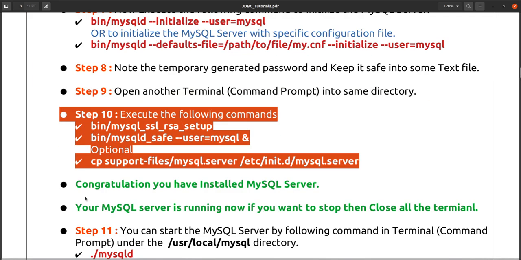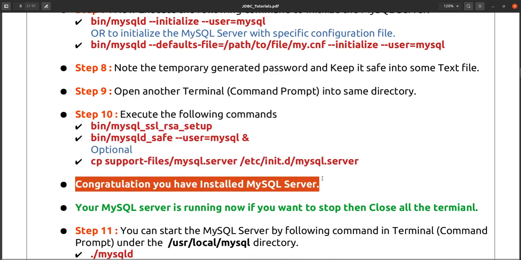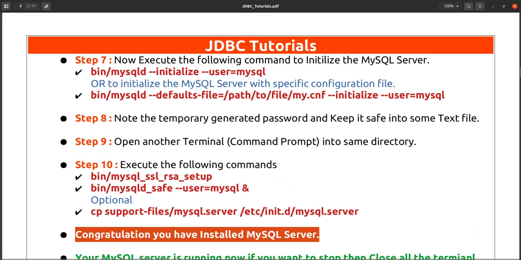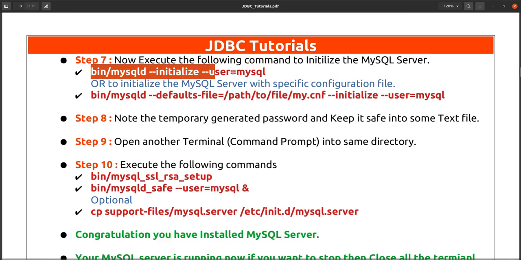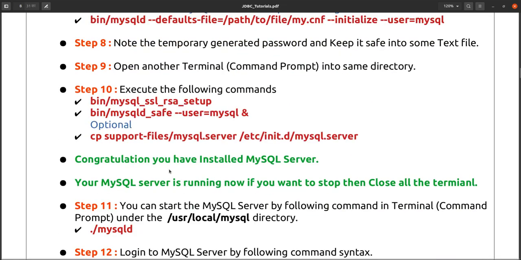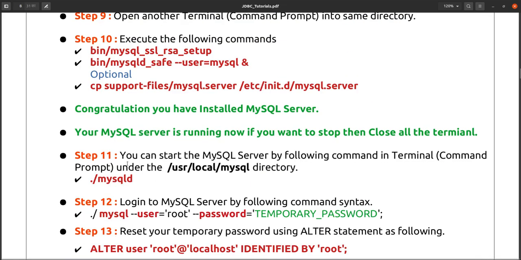After that, you will not see this message. We are typing this message only. Your MySQL server is installed and it is up and running, because you have opened the terminal and initialized it. In that initialization itself, your server is started. You can stop that server by closing the terminal. If you close the terminal, your MySQL server will be stopped,